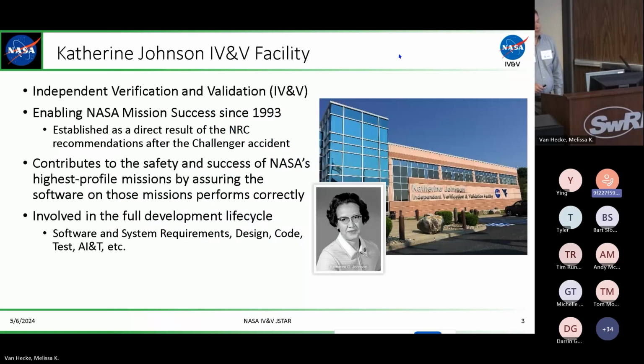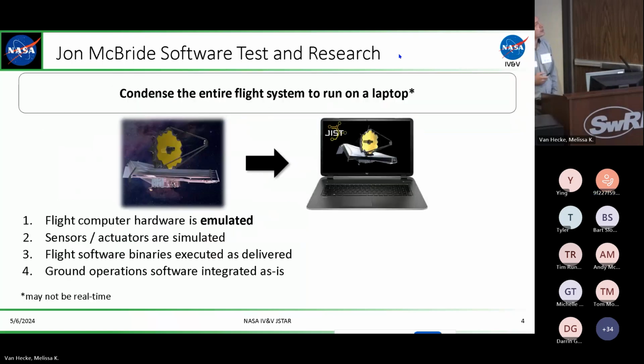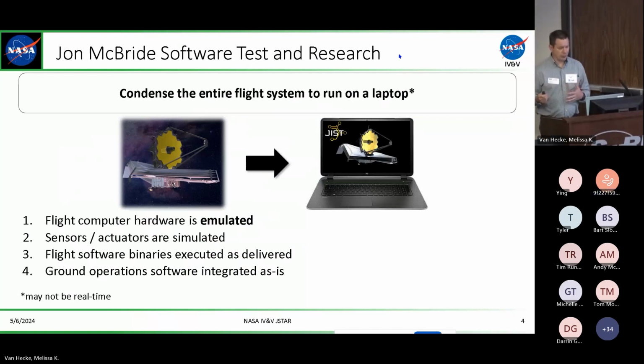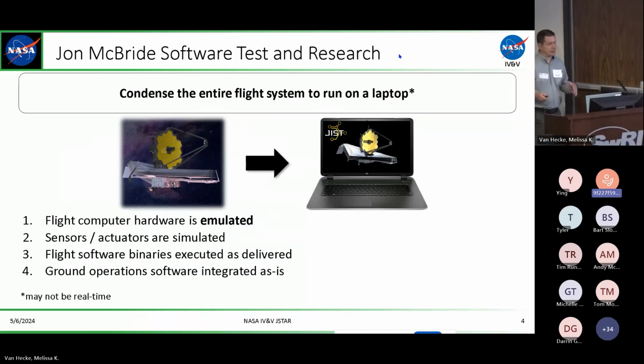Again, some of you may not know what the IV&V facility of NASA is about. Any of the large NASA software missions come through us. Certainly anything that's manned, we do verification on the flight software. My colleague John's presenting this afternoon. He'll give you more details. So I actually work for a support team called JSTAR, and our bread and butter is taking